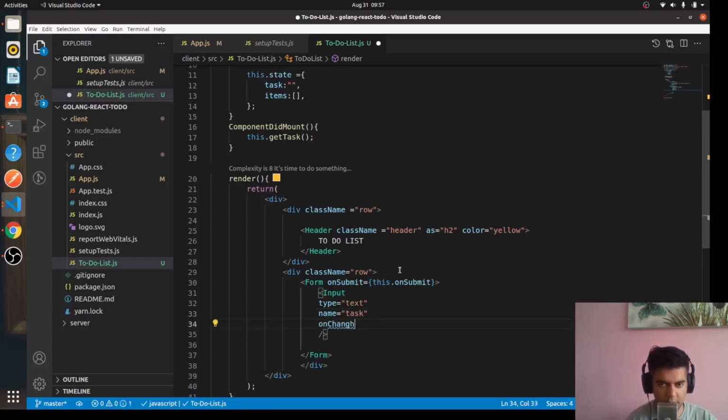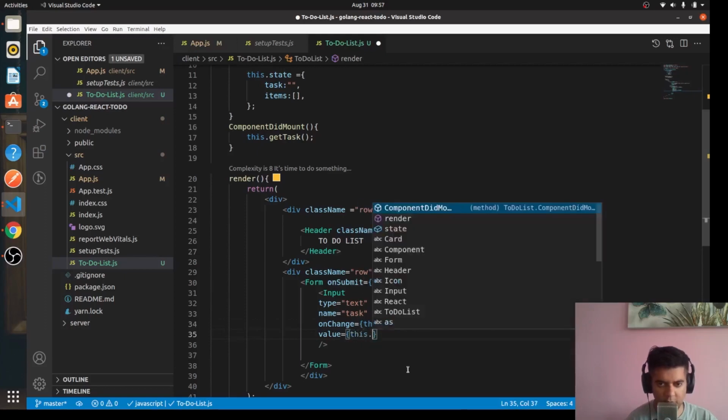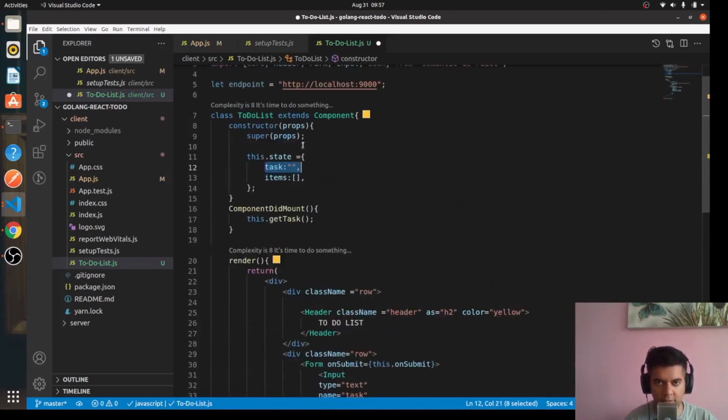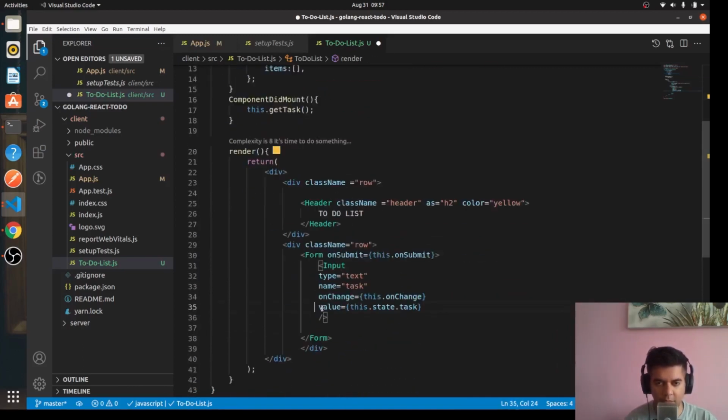onChange, this.onChange, and then you will have a value property. This is basic simple HTML with a little bit of JSX, and we'll have this.state.task. So we already have a task value in our state for this component, and the value that we'll get from this input element, we'll just basically assign it. We'll have it in this.state.task. We'll assign to value. All right,